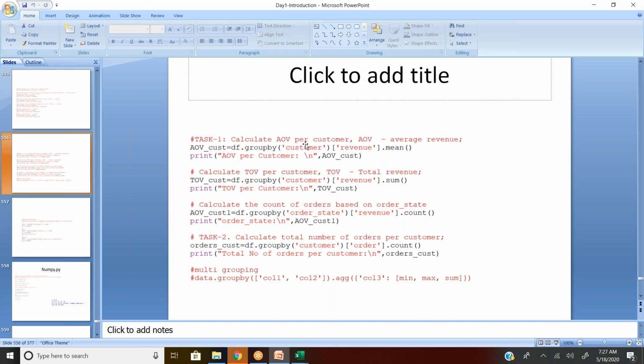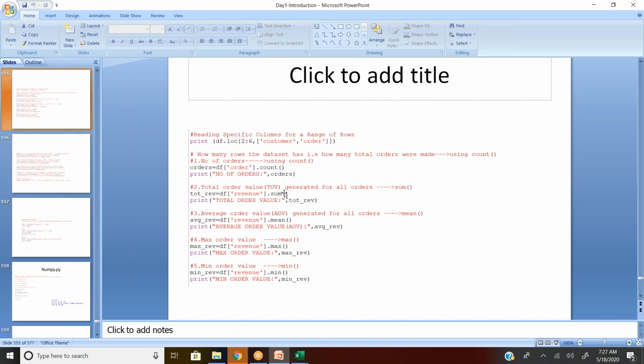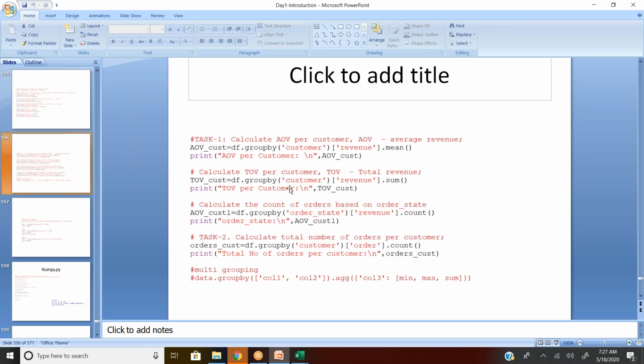Is it clear? Earlier, the mean was total: df in brackets revenue, revenue dot mean, across all the 1.2 million rows. But right now I'm taking it by customer. Is it clear, or any questions?